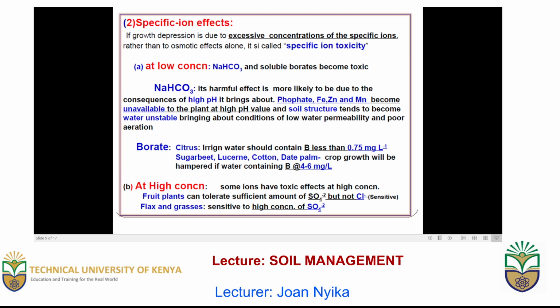What do sodium bicarbonate and borate do? Number one, sodium bicarbonate usually leads to soils having a high concentration. And once the soils have high concentrations, ions that are important, micronutrients important to the plant, such as phosphate, iron, zinc, and manganese, become unavailable. And this has serious effects on the soil structure. And this makes the ability of plants to pull or absorb or take up water